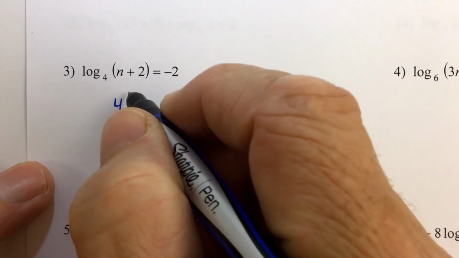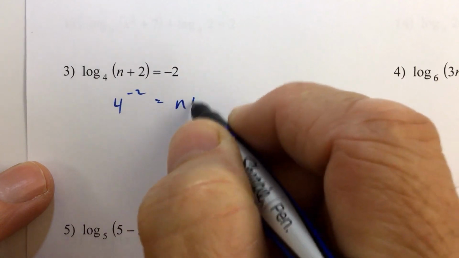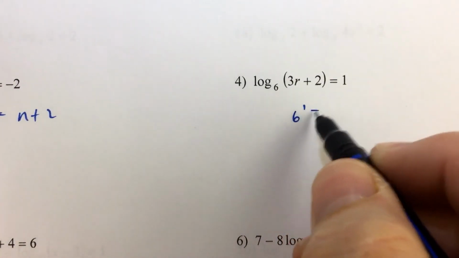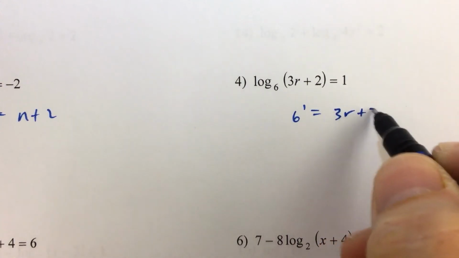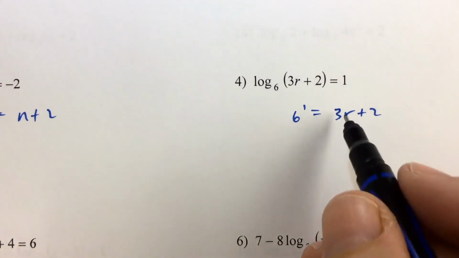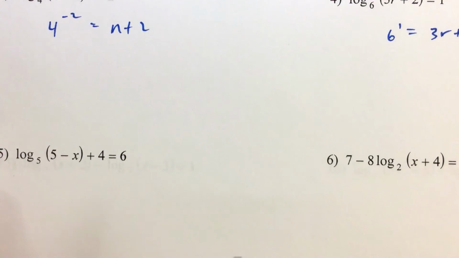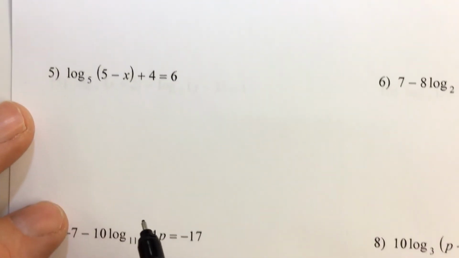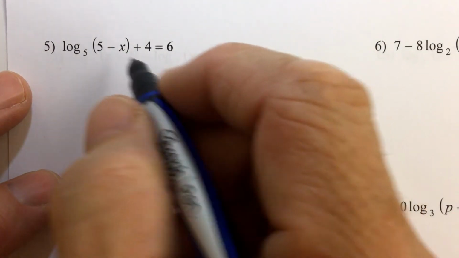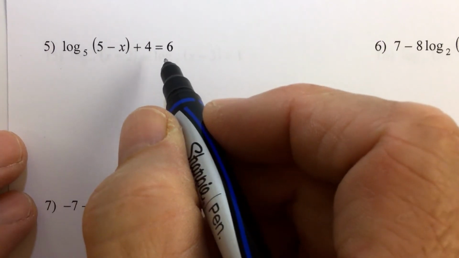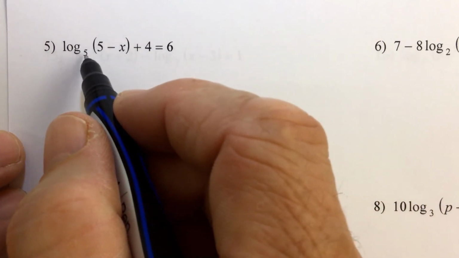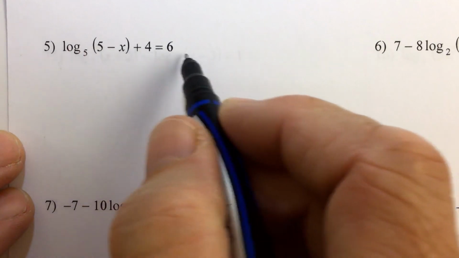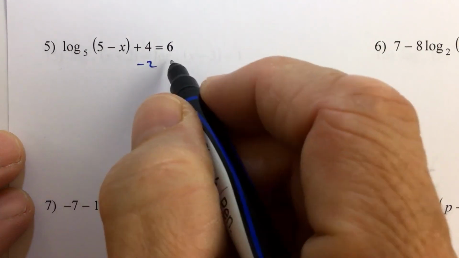Here, number 3, we get 4 to the negative 2 equals n plus 2, and we can solve for n there. Here we get 6 to the first power is equal to 3r plus 2, and we can solve that for r there. It's a linear equation. And then something like number 5, where we can't convert this to exponential form yet unless we have the log on one side by itself equals a number on the other side. So all we have to do